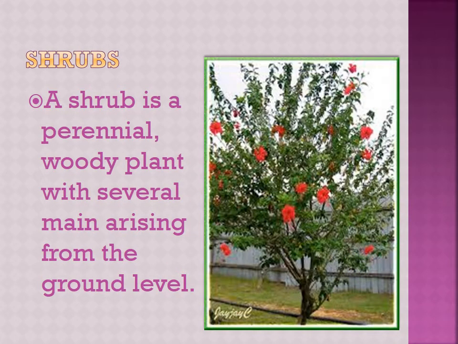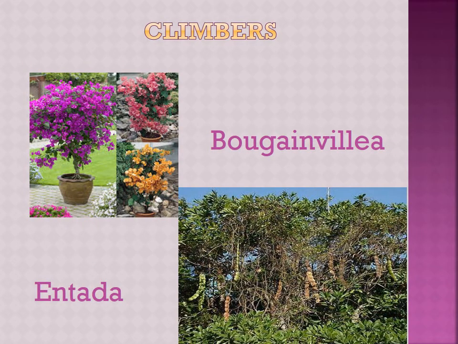Look at this photograph carefully. This is Hibiscus rosa-sinensis. This is the best example for shrubs. All shrub plants are like that. A shrub is a perennial woody plant with several main stems arising from the ground level. An elongated weak stem generally supported by means of a climbing device is called a climber, which may be annual or perennial, herbaceous or woody. The best example for climbers is Tridax. Look at this picture. These are the climbers.